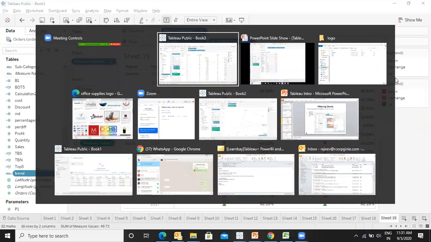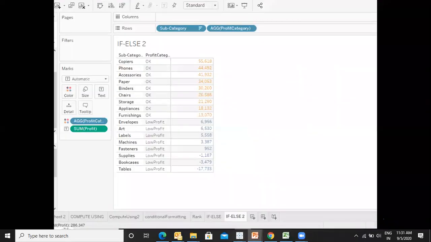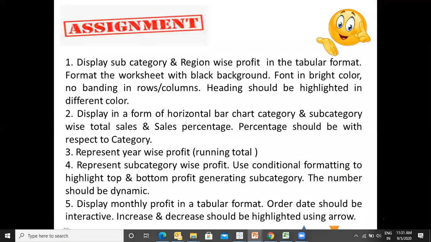So coming back to this, these were a few examples of calculation. So again, a few assignments for you: display category and region wise profit in a tabular format. Format the worksheet with a background, so some formatting has to be done. Display in the form of a horizontal bar chart, category, subcategory wise total sales, sales percentage, and percentage with respect to category.